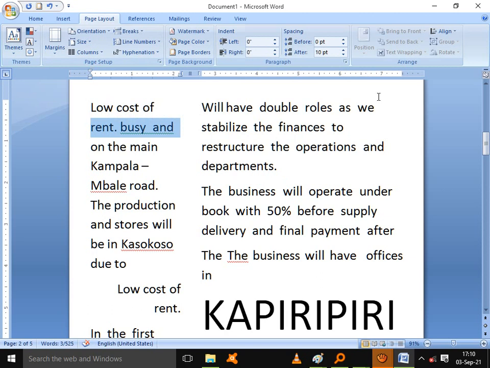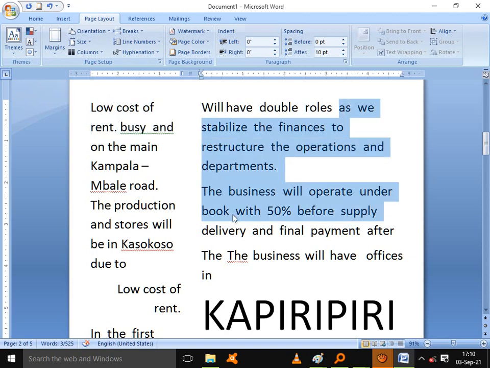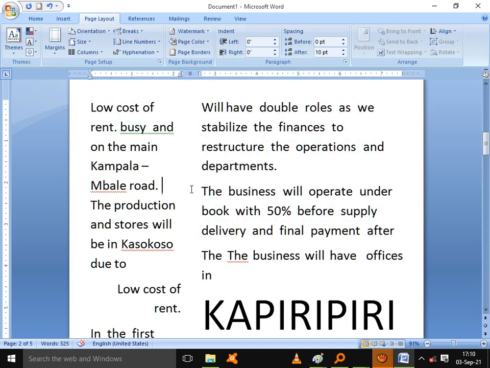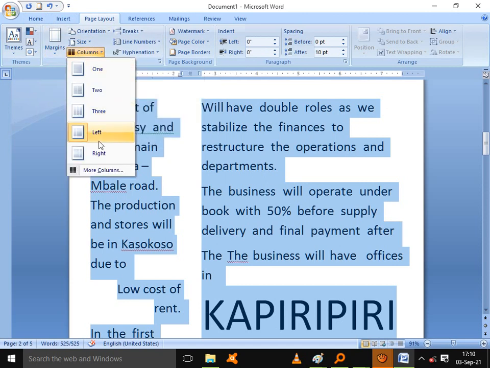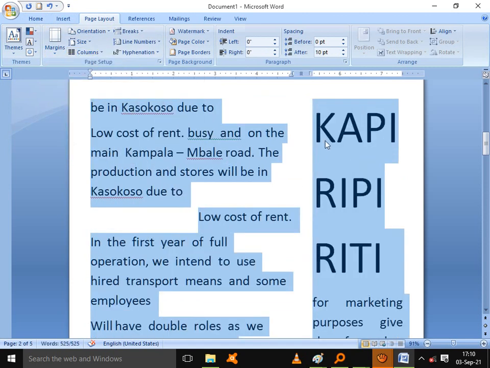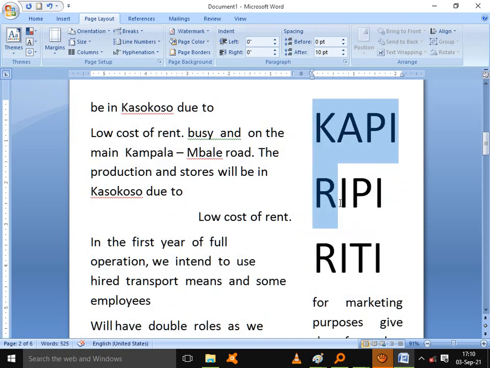Still, we can apply this to this other side. How can we do it? Say Ctrl A, you select all, then you go to page layout, then columns, and choose right. The column will appear onto the right like